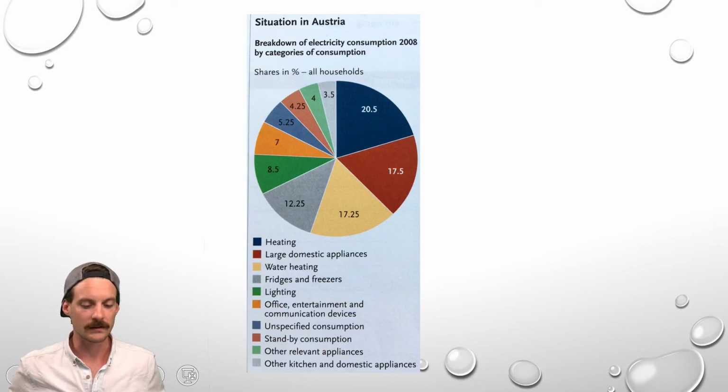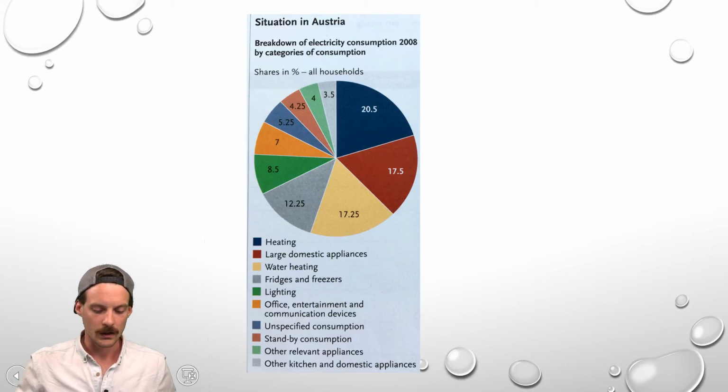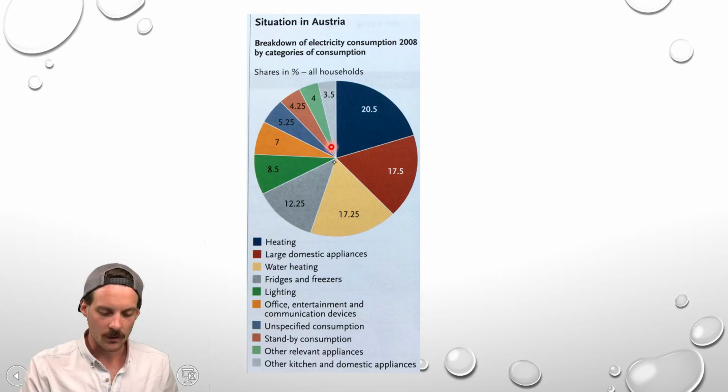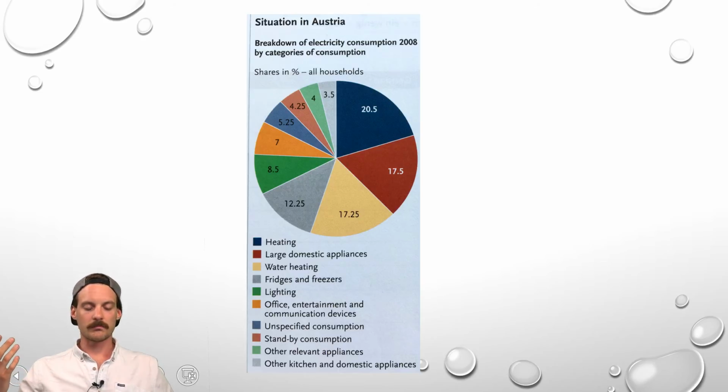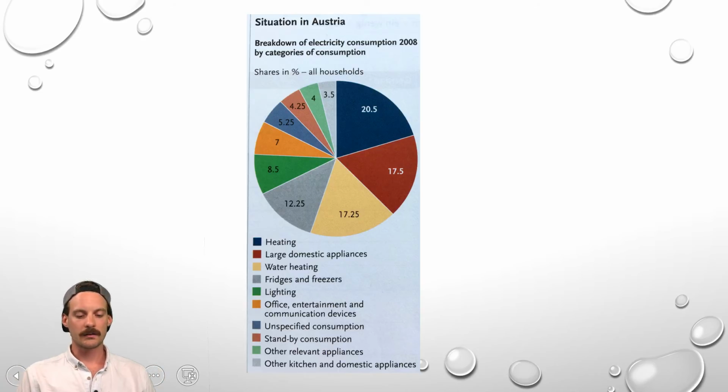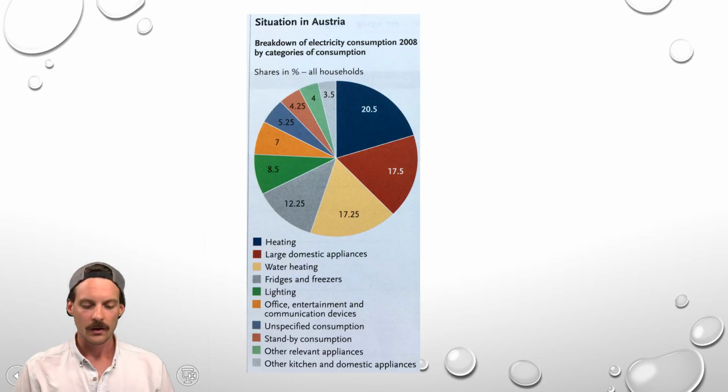Or you could simply compare them to the small ones here. For example, other kitchen and domestic appliances. So you could say, compared to other kitchen and domestic appliances, which make up only 3.5%, the heating consumes